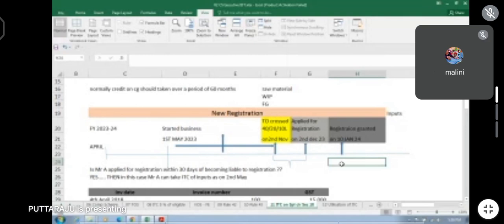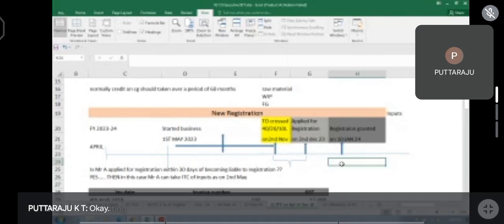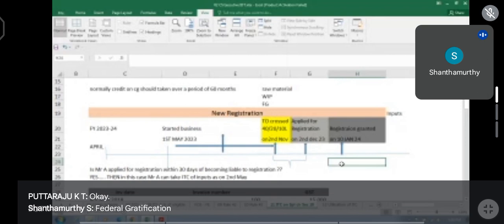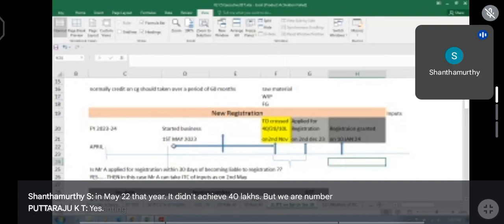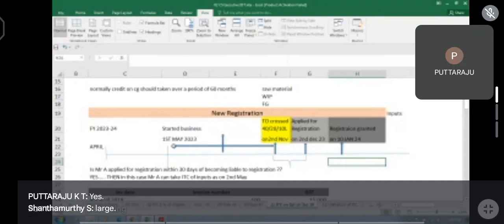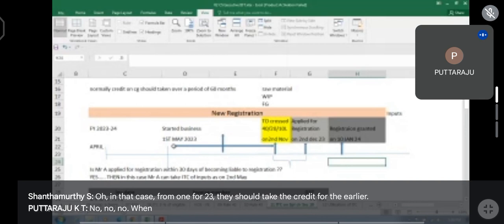Yes, sir. Okay. Sir, on clarification, let us assume it started in May 22. That year it didn't achieve 40 lakhs. But next year, November 23, it achieved 40 lakhs. So in that case, from 1/4/23, they should take the credit from the early date? No. When they achieve,